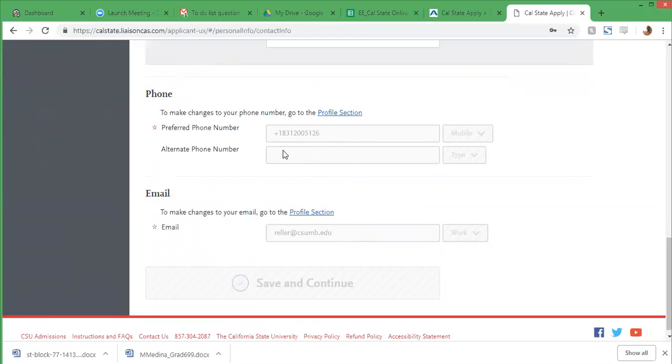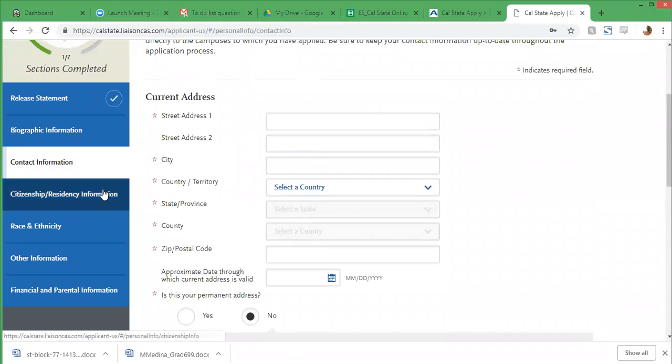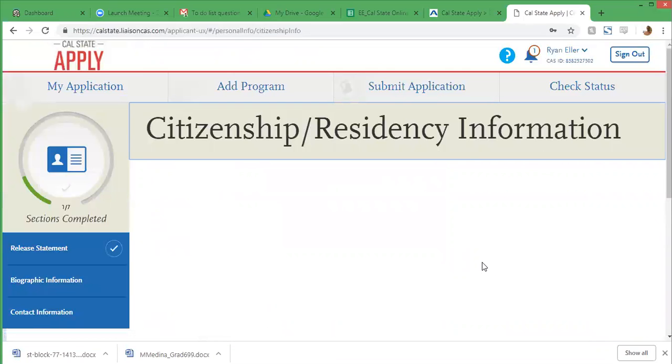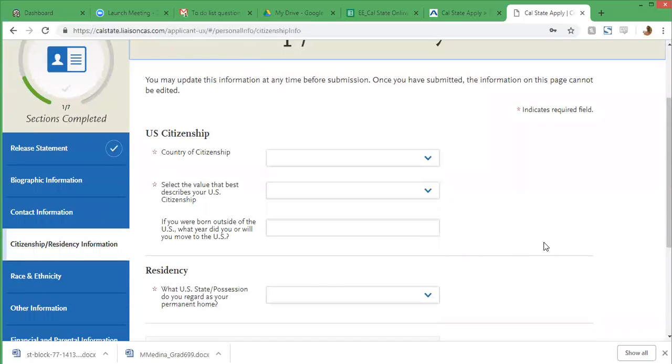Obviously, we want you to feel comfortable with what phone number you're providing us, and this is also true of your email. But the more that those are both a phone number and an email that you use more often, the easier we can communicate with one another and solve problems as need be, or just get the good news to you sooner. Okay, citizenship and residency information, while it's going to be relatively straightforward to most of you,